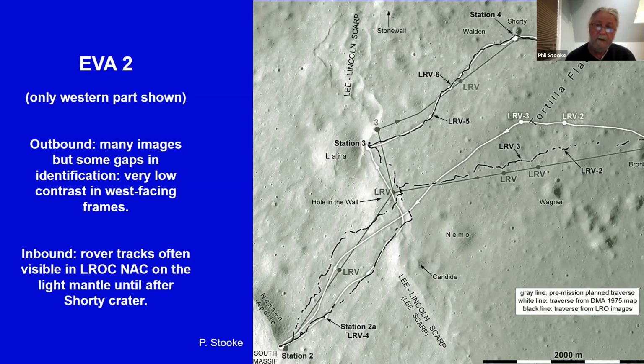With EVA2, some parts of this, the new map follows the old map very closely, like between station 3 and station 4. But in the outbound portion, the tracks are very widely divergent, several hundred meters away from where they're supposed to be. The pale white line is the old map from 1975. And the dark line is the new map, and they're several hundred meters apart in part of that image,